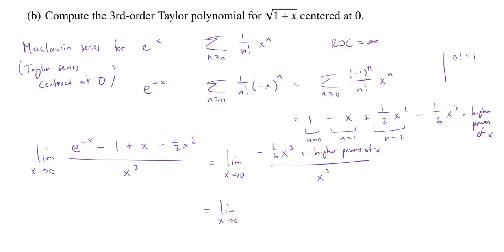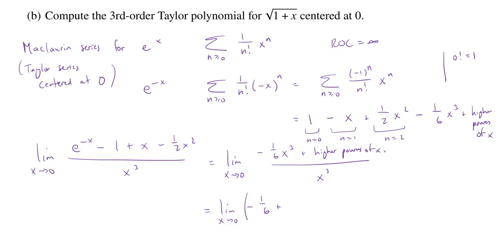Okay, this first bit is just going to be negative 6x cubed over x cubed. And because x is going to 0 but not equal to 0, that's very important when we compute a limit, I can cancel the x's, and I'll have negative 1 over 6. Plus,